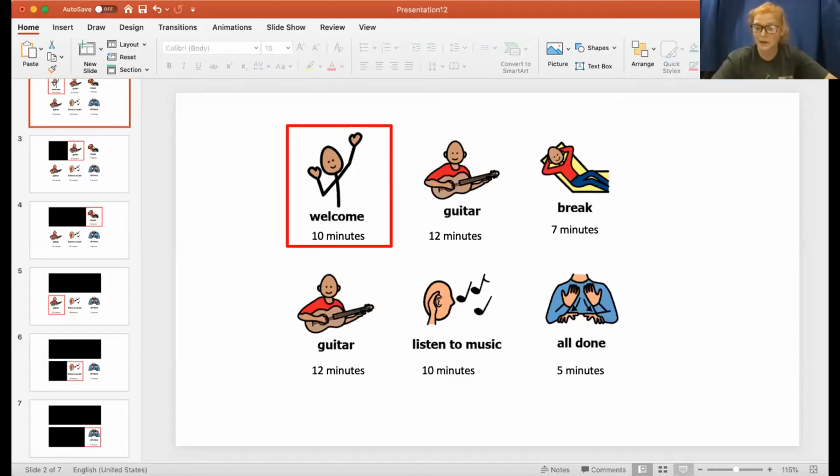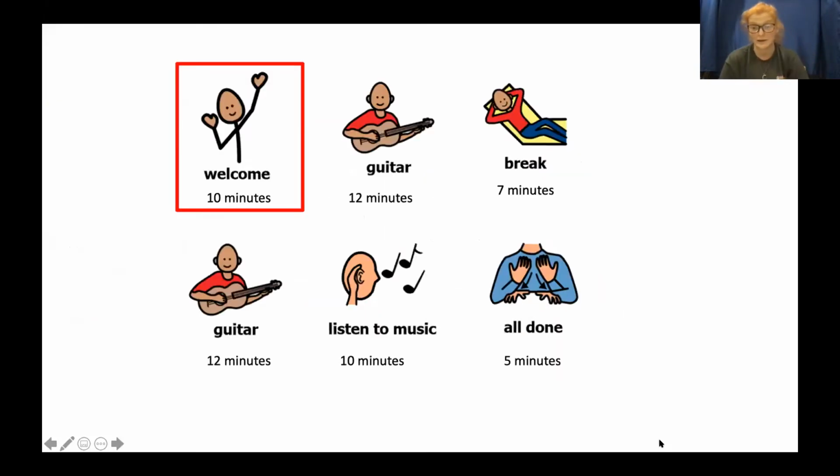Perfect. And today we have Miss Maren Aalgaard again. She's the one who did our song yesterday, and we have a new song with her today. So very excited to do that later. I'm going to go ahead and share our schedule. I have our tactile symbol for our welcome, and I will put on the screen now our schedule for today, just so we can anticipate what is going to happen.